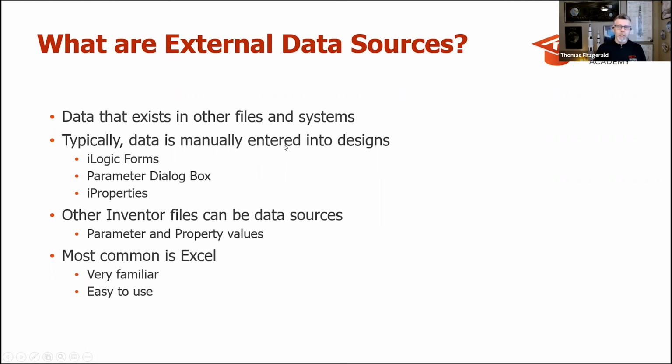Other Inventor files could be data sources. If you're familiar with using the iLogic rule editor, when you have an assembly, you can access lower level components right from the browser tree, and you can access parameter information and property information. So think of it as from an upper level assembly perspective, reaching down into some of those lower level components and grabbing property information or parameter information, and then bringing it up to the upper level assembly. That, in essence, is an external data source: you're going down to a different file and accessing information